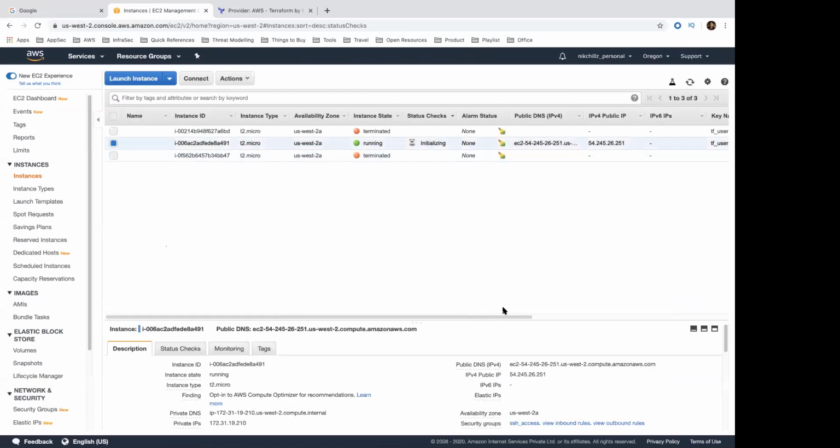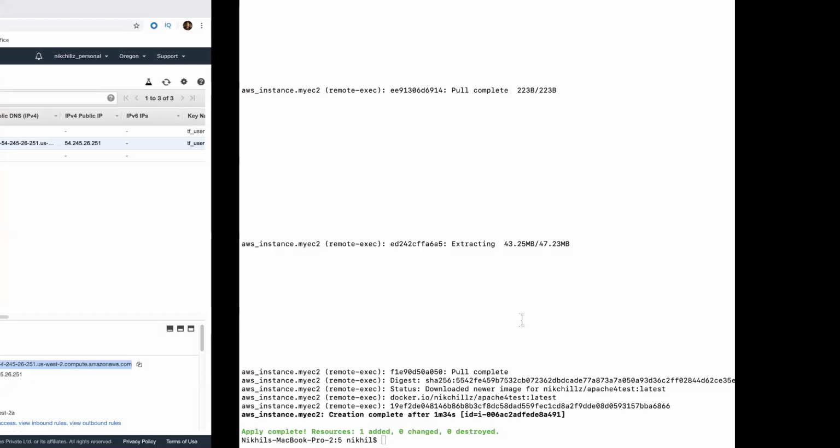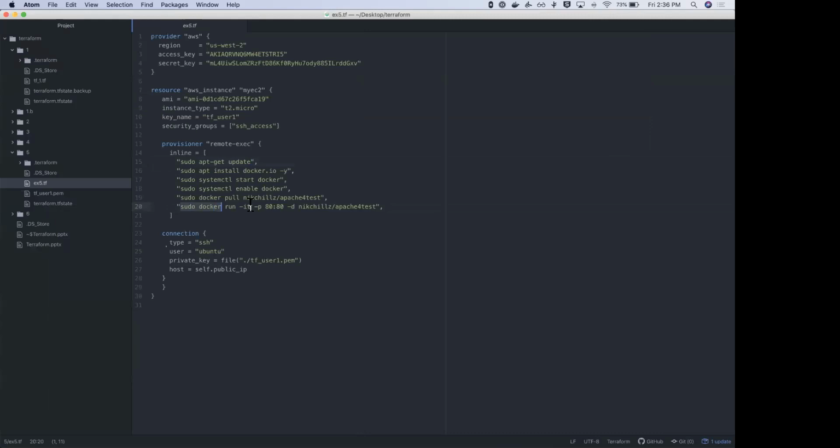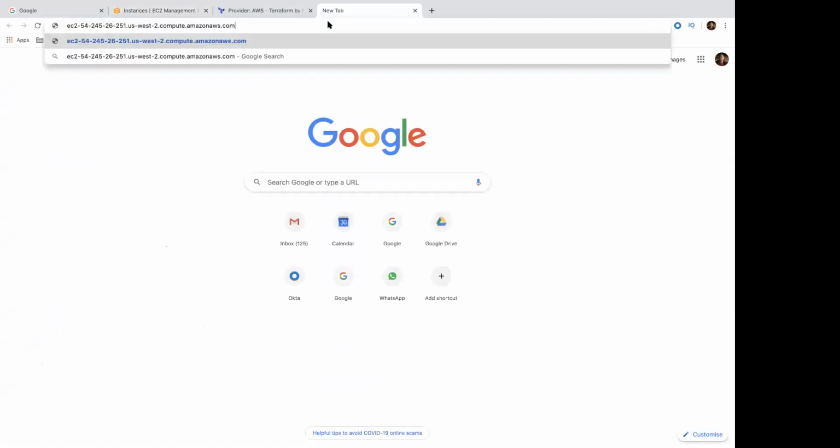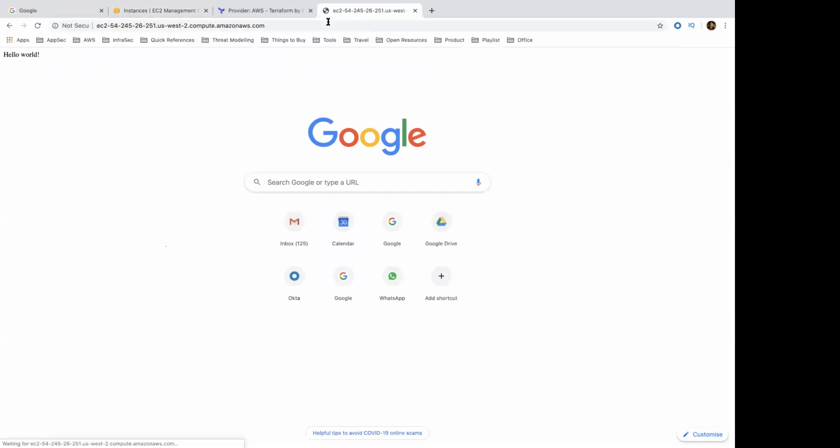If you had looked at the command there, it basically says sudo docker run with the port number as 8080, with an interactive terminal, and it will start running the container for Apache. So it has pulled the Docker container for Apache and is running this particular container. If everything is working perfectly fine, then it should allow me to show the hello world for our usual Apache when I access it. So we are able to see a hello world here.